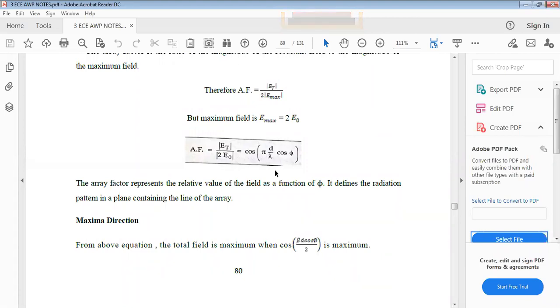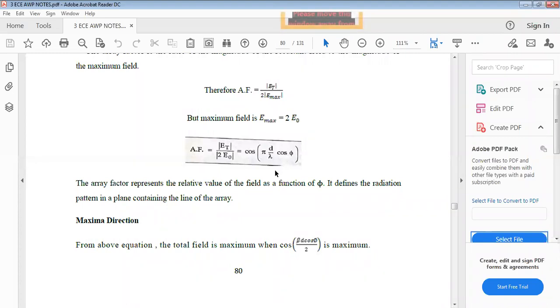Why am I repeating this concept again? This is the mathematical modeling of obtaining the radiation characteristics of an antenna, but today's topic, the pattern multiplication method, is just like this method, but this is the mathematical method and that is the graphical method. That is the key difference between pattern multiplication and this mathematical modeling. Understand? That's why I am explaining each and every point we discussed earlier.